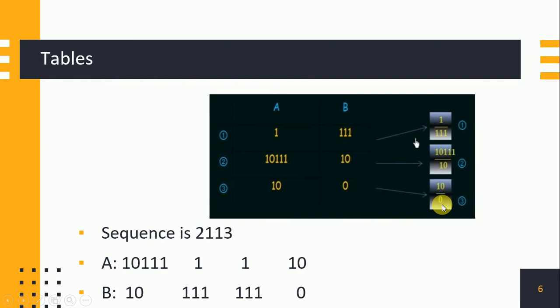So again you will have to find out the sequence. I have decided the value of k is equal to 4. So on this 4, I will get my unique solution. That is 2113. Using these values you will get the same values for numerator and denominator. So the sequence is 2113.